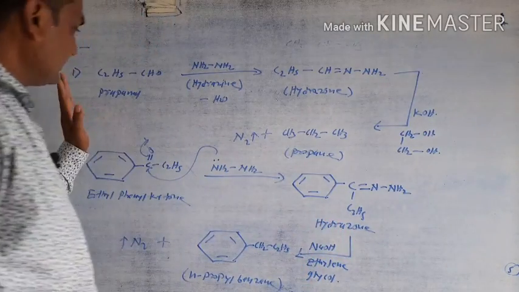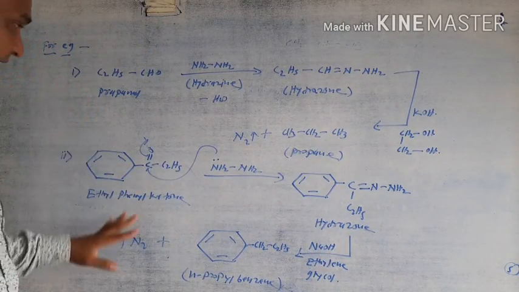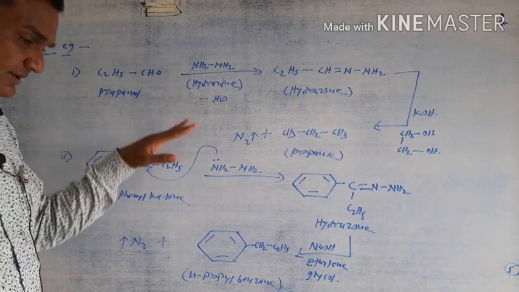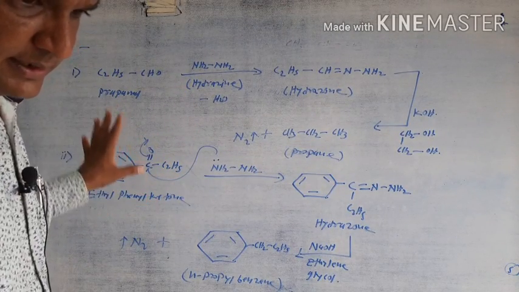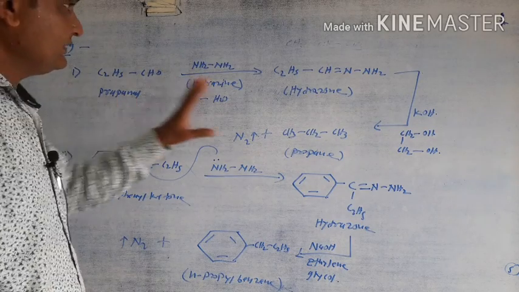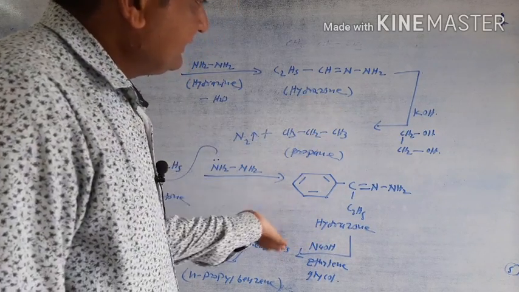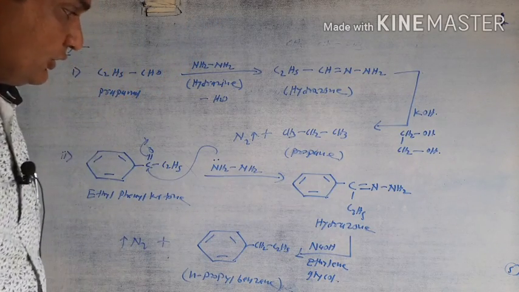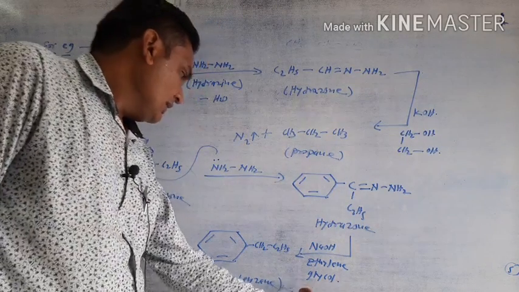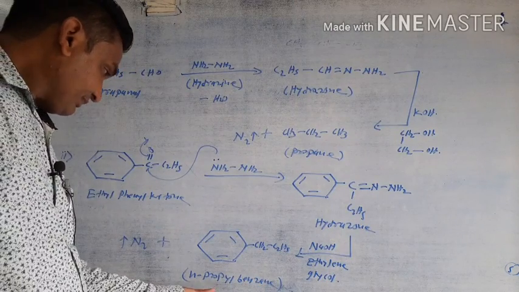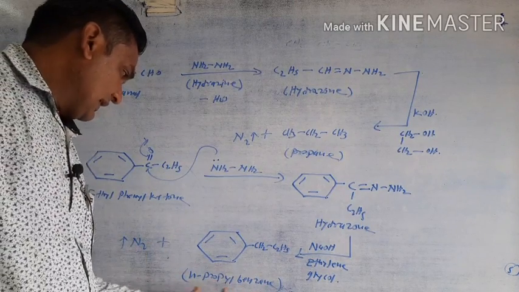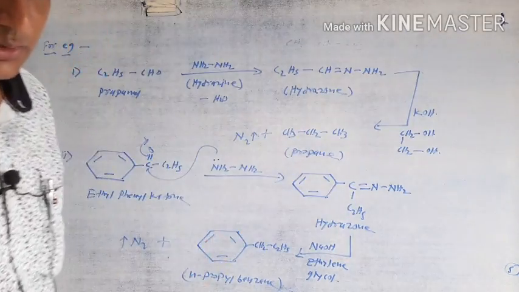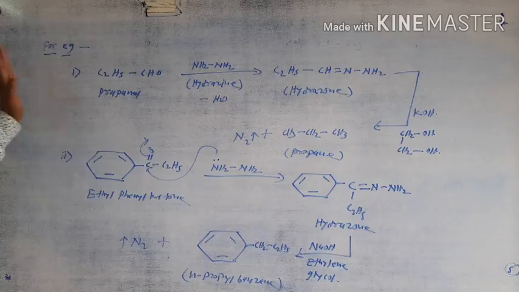This Wolff-Kishner reduction reaction is in basic medium and is a two-step reaction. Clemmensen reduction reaction is the one-step reaction. In this simple thing, the first step gives the hydrazone, and in the second step it reacts with a strong base like KOH or NaOH in presence of solvent like ethylene glycol, then gives the corresponding molecules like N-propyl benzene, or here it is the propane. This overall reaction is called as a Wolff-Kishner reduction reaction.